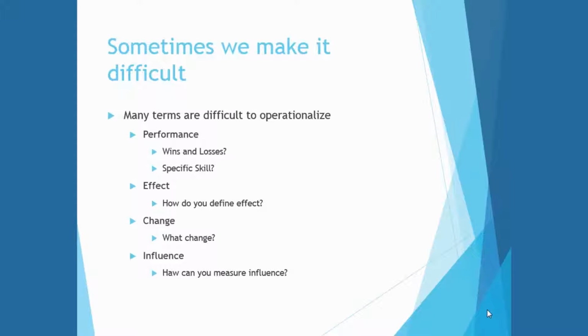Now, sometimes we do make it very difficult on ourselves. We try to rationalize or operationalize performance. We try to come up with why we're winning, why we're losing, why is someone's skill better than mine. Sometimes it's just because their genes are better. They have better parents, a better background, maybe better resources, some kind of effect. Well, how do you define the effect on something? Some kind of change. Again, if you have a very specific defined area that you're interested in, and I hope one of the take-homes that you got from the case study class is that the more specific you can get, the better it's going to be. And an influence is how can you tell what influence one person had on another, or what influence something had on someone else.